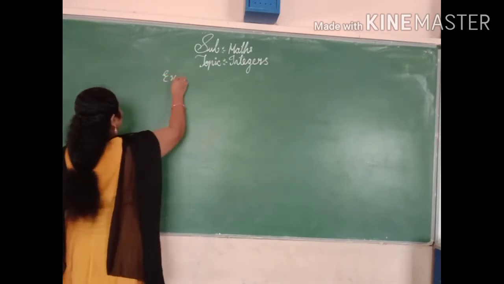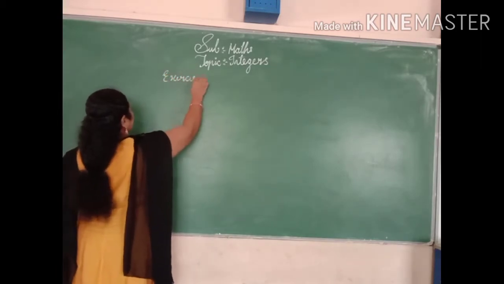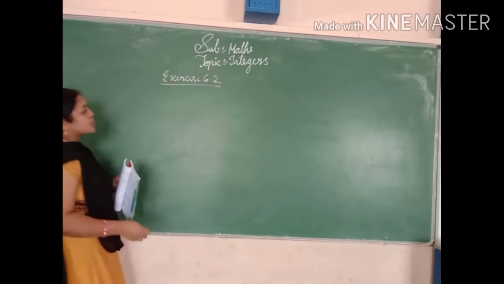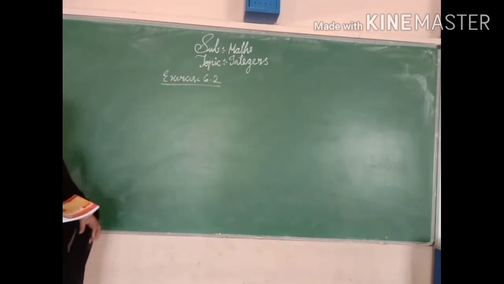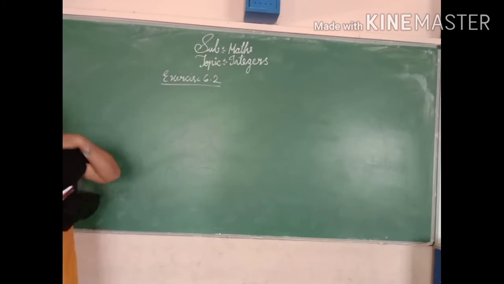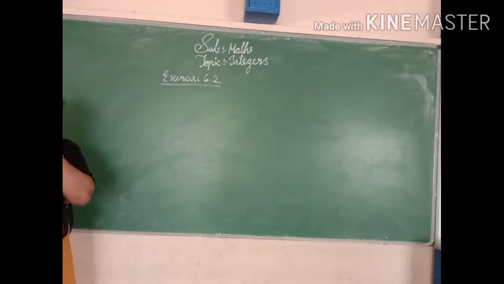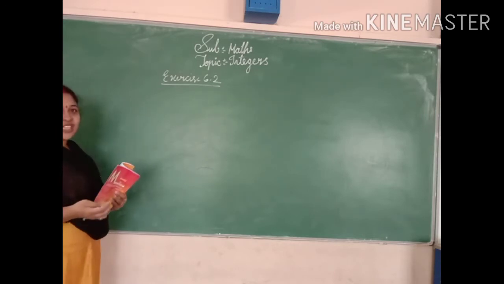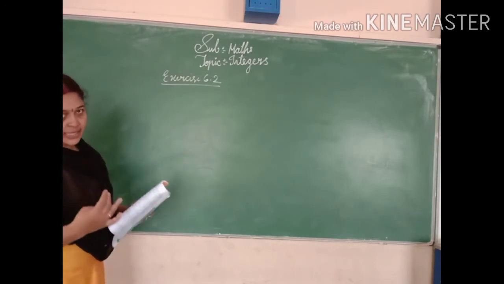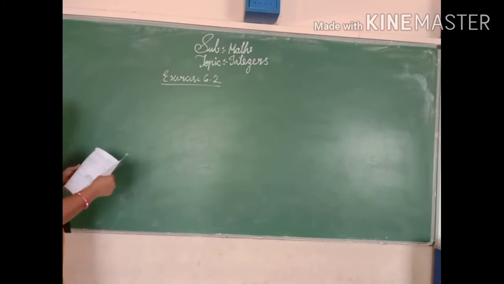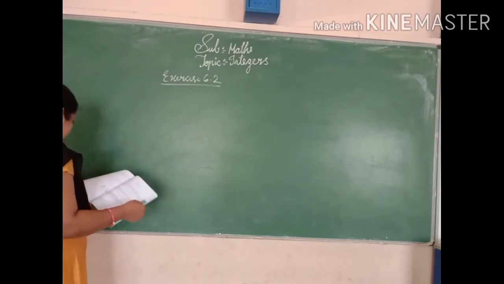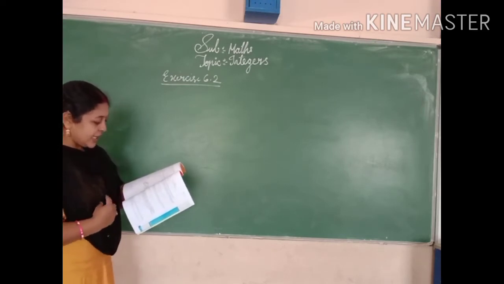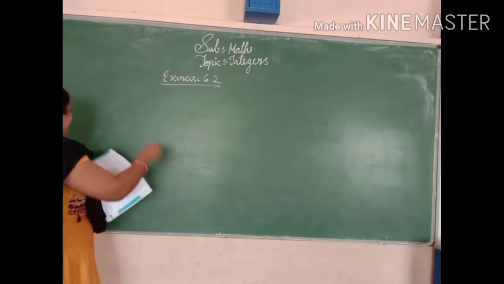You have to carefully understand how to do it, because it is a completely new chapter for you, so you may get a little confused between the plus and minus signs. So I will help you in doing it. Look at the first question: using the number line, write the integer which is